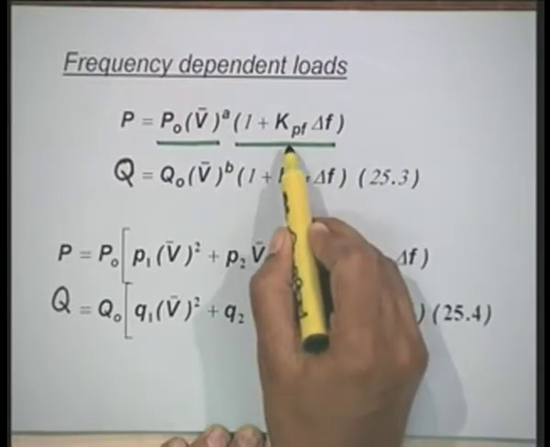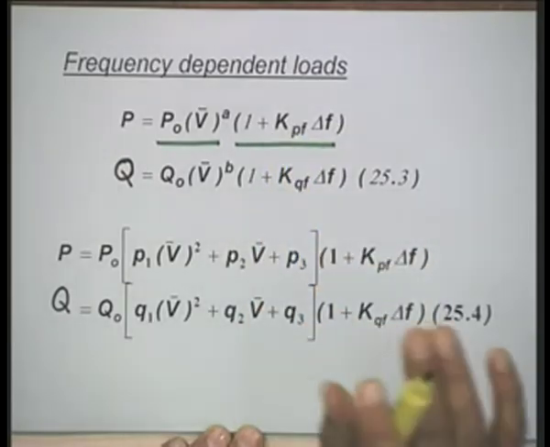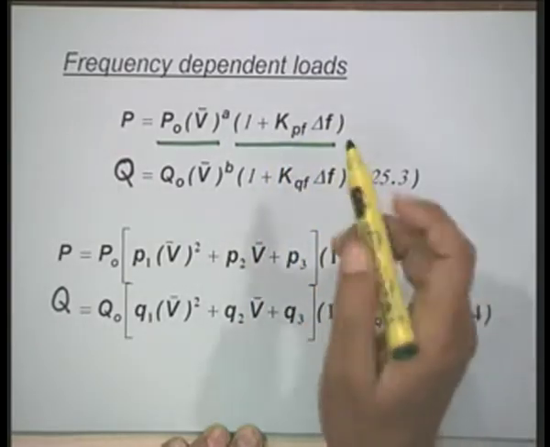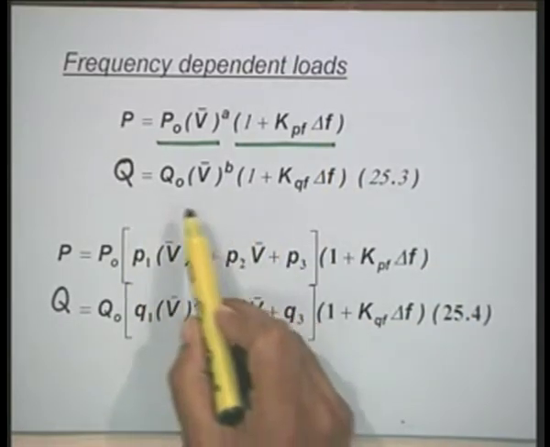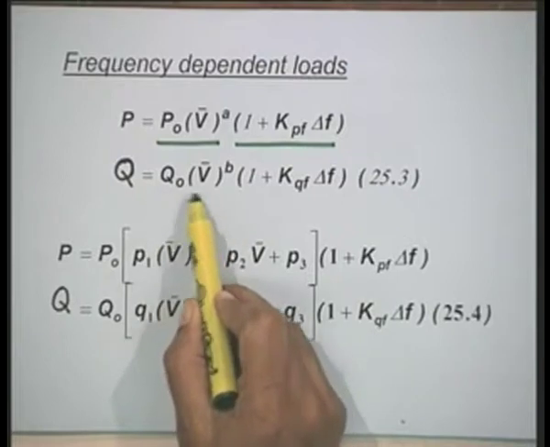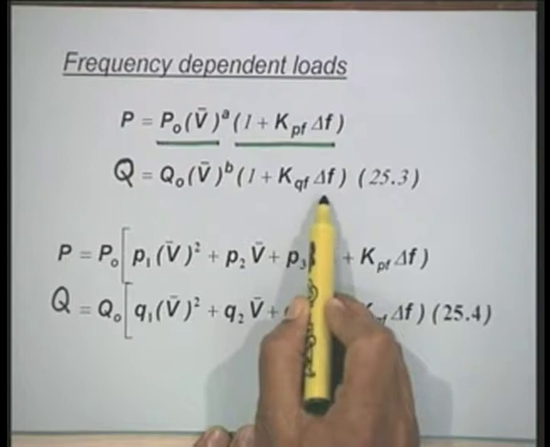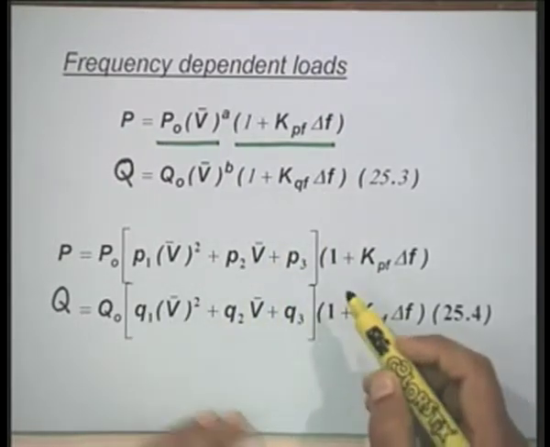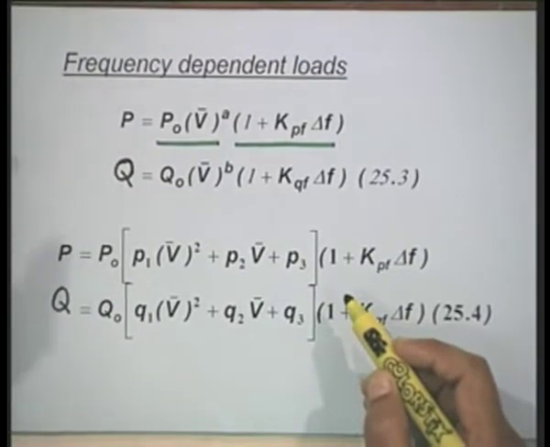This coefficient Kpf is important; it is a characteristic of the system. Similarly, the reactive power consumed can be represented as Qo V bar to the power B into 1 plus Kqf into delta f,